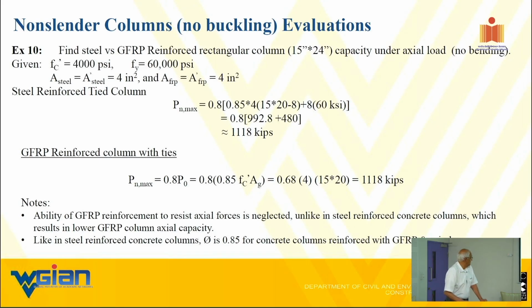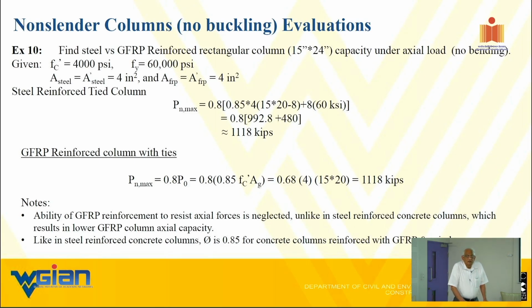Again, I'm going to repeat myself, and I said this somewhere, that it's very, very important. You may agree, may not agree: the ability of reinforcement to resist axial forces is neglected, unlike in steel, which results in lower GFRP column capacity. If you look at steel, for example, I'm just using that as an example. If you look at steel and try to establish the axial capacity of a steel column,